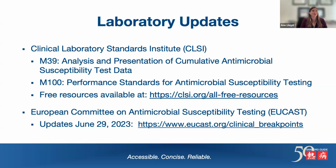From a laboratory perspective, we work closely with our laboratory colleagues. Both the Clinical Laboratory Standards Institute here in the United States and the European Committee on Antimicrobial Susceptibility Testing in Europe have released updates to their breakpoints. So those are available for anyone who wants to look at them. The M100 from the CLSI is a freely available resource at the website I've listed below. And you can find the EUCAST breakpoints on the website as well. If you're interested in more information about MICs and antimicrobial susceptibility testing, you can check out Sanford Guide Educational Resources to find a post that we wrote about MICs and susceptibility testing, and